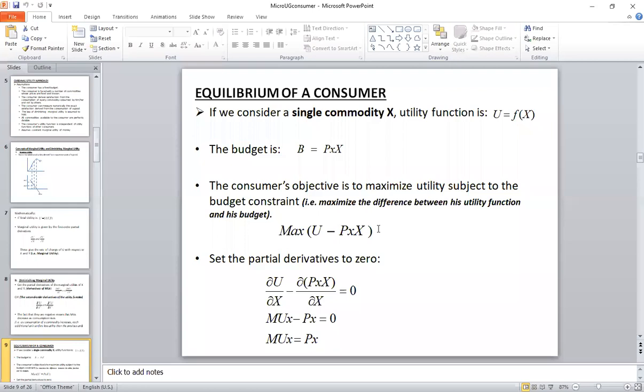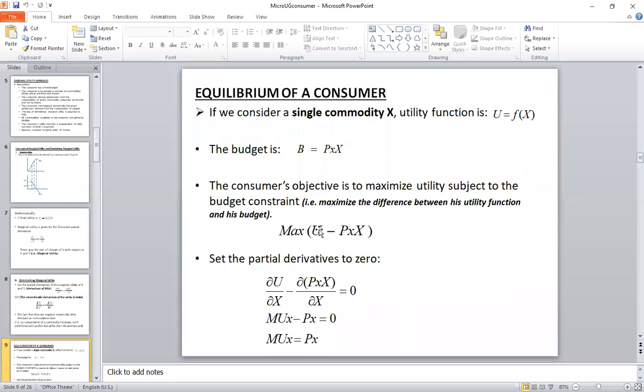maximization is achieved when the partial derivatives are set to 0. Now, those are the mathematicians. You go and ask them, don't ask me. But they tell us if you want to maximize a function, you set the partial derivatives to 0. So now we go to the partial derivatives. We say du dx, remember du dx,